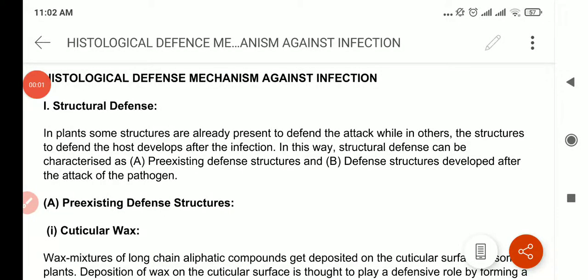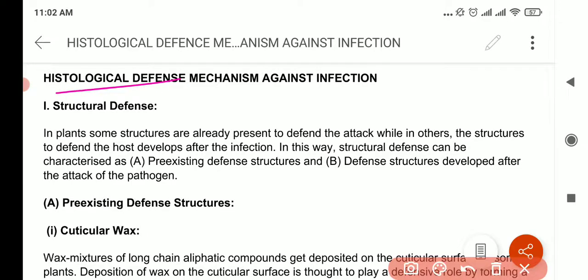Okay, so going to the histological and the biochemical defense mechanism against infection. This topic is relatively very easy. It is just a defense structure. So I broke it up into two short notes: the histological defense, and the other note is the biochemical defense. So let's look at the